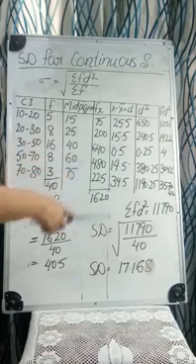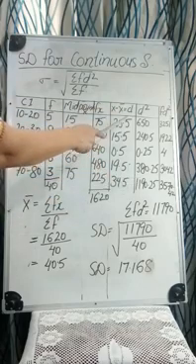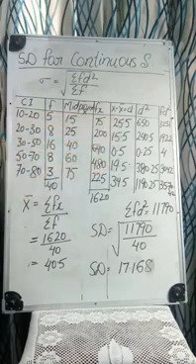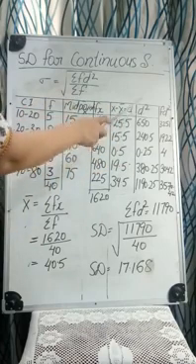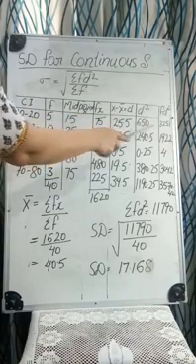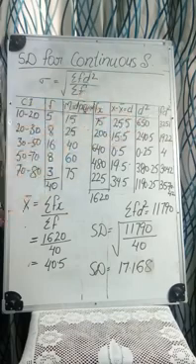The next step will be the square of the d. Square of the d, 25.5 into 25.5. In this way we will get the d square value. After that, the next step is the f into d square. We have the f value, that is 5, and d square is 650. So we will get the value for every observation for fd square.